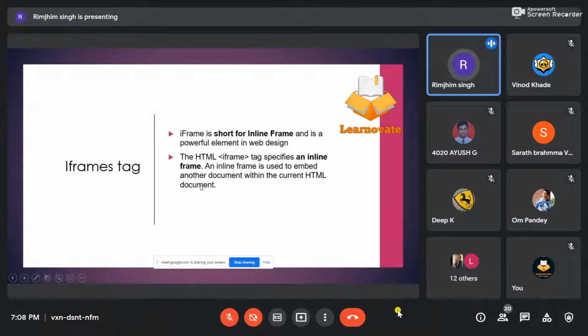So the first tag for today is the iframe tag, class, and the reason why we use the iframe tag is if we want to embed any kind of videos, or any kind of websites, in my HTML program. In that case, I'll be using the iframe tag. Iframe is short for inline frame and is a powerful element in web design. The HTML iframe tag specifies an inline frame, and an inline frame is used to embed another document within the